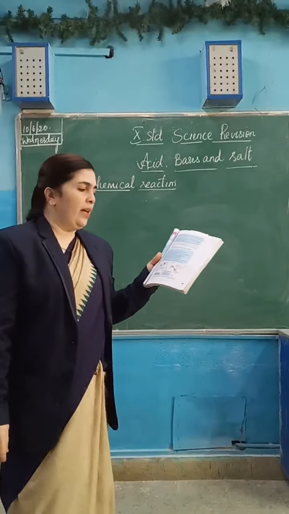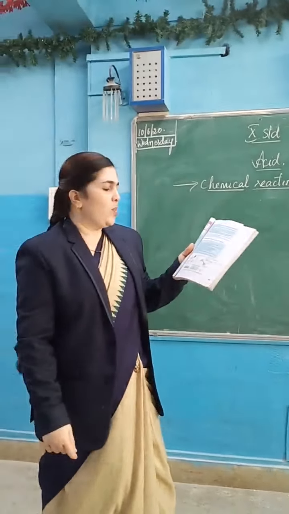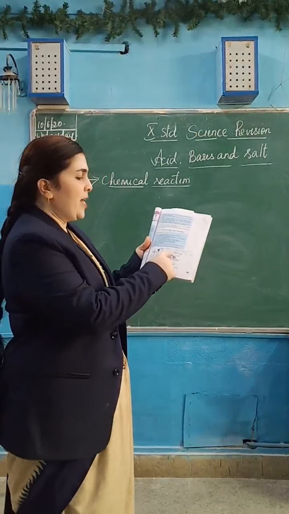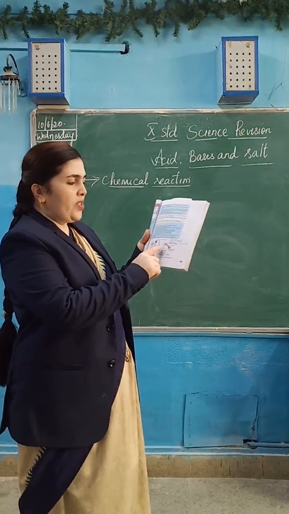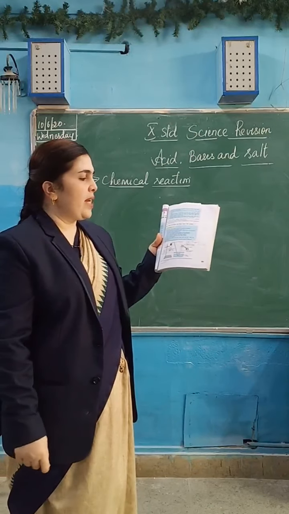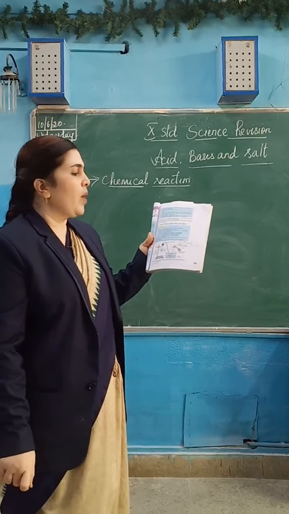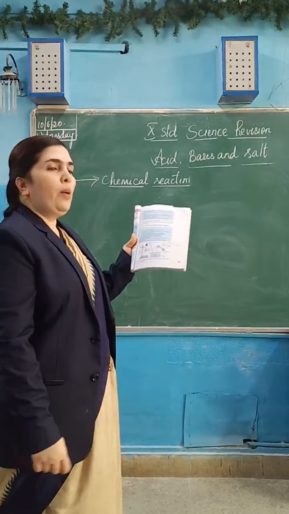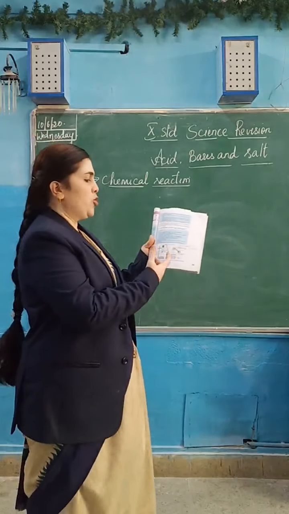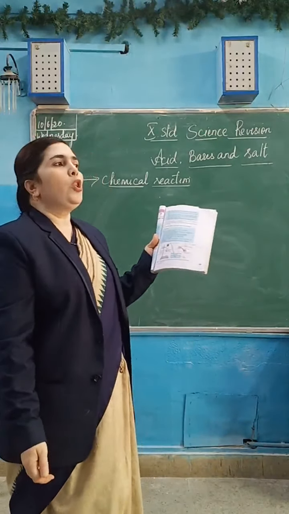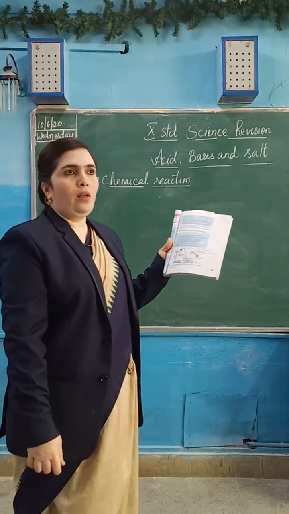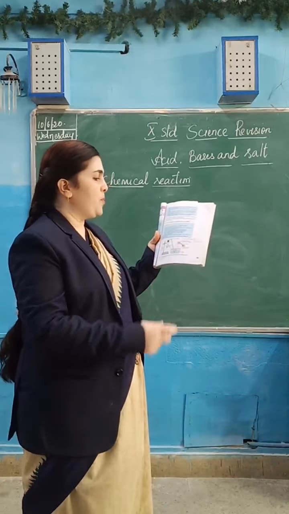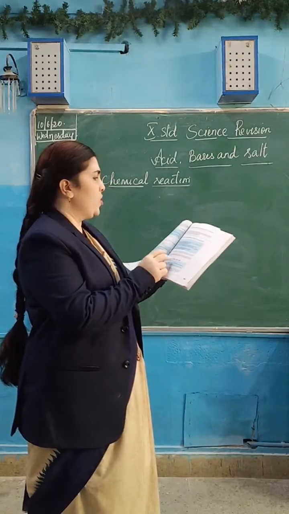Reaction of zinc. Zinc reacts with acid, that is sulfuric acid, to give zinc sulfate, and hydrogen gas is produced. The testing of hydrogen gas is also given in this diagram by bringing a candle which is lit. The burning candle is brought near the bubbles which are produced in the soap solution. Those bubbles are hydrogen gas. Those bubbles will burn, or they explode, or you can say they burn with a pop sound. So that is the test for hydrogen gas.